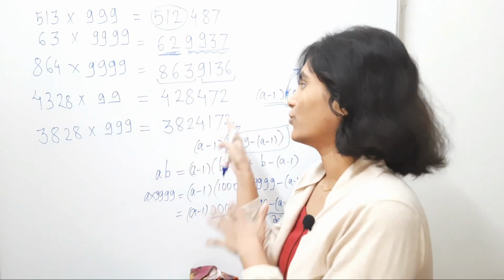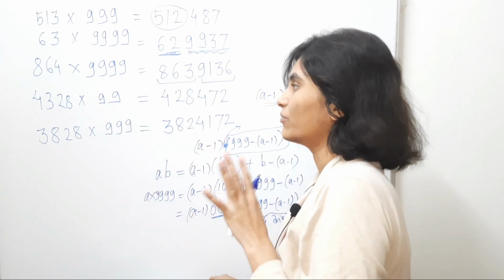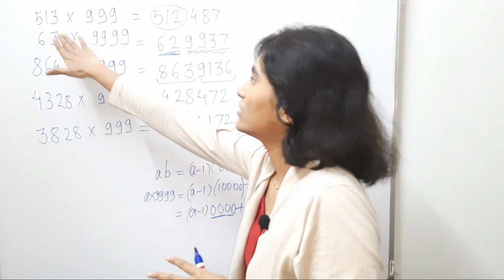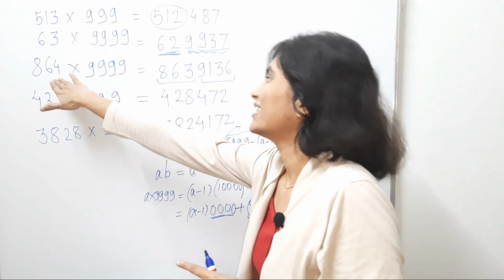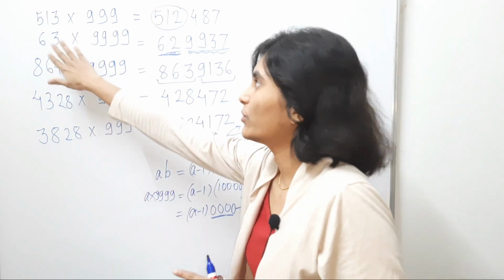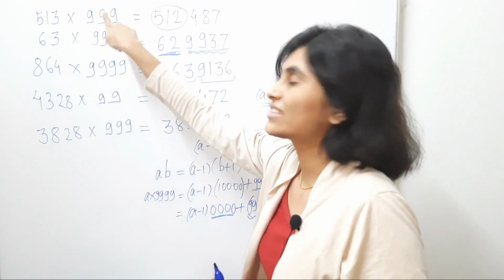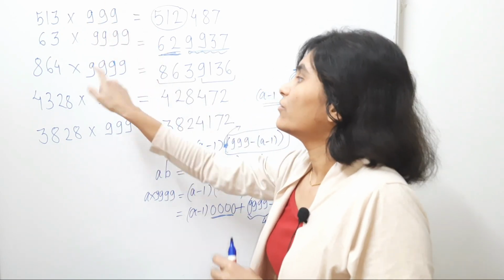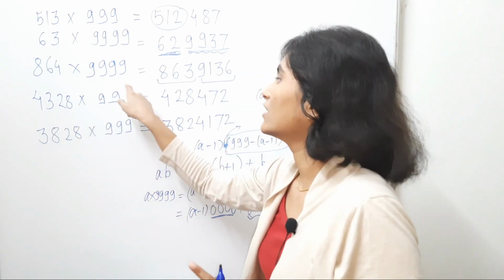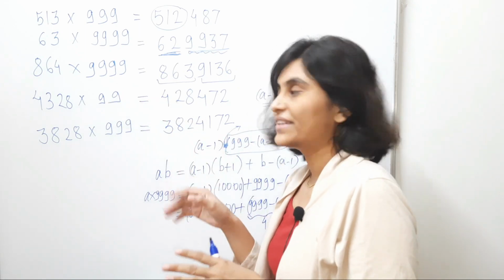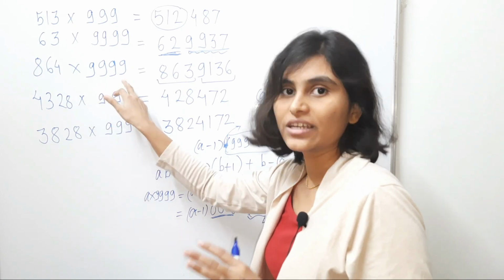Now let's look at the fourth example. So here we have 99. The important observation is that here we have a 3-digit number and 3-digit number, 2-digit number, 4-digit number, 3-digit, 4-digit. That means the number of digits in these numbers are less than or equal to the number of digits in these numbers. But for the fourth example, the number of digits here are 4 and the number of digits here are just 2. That means the number of digits here are greater than the number of digits in these numbers.